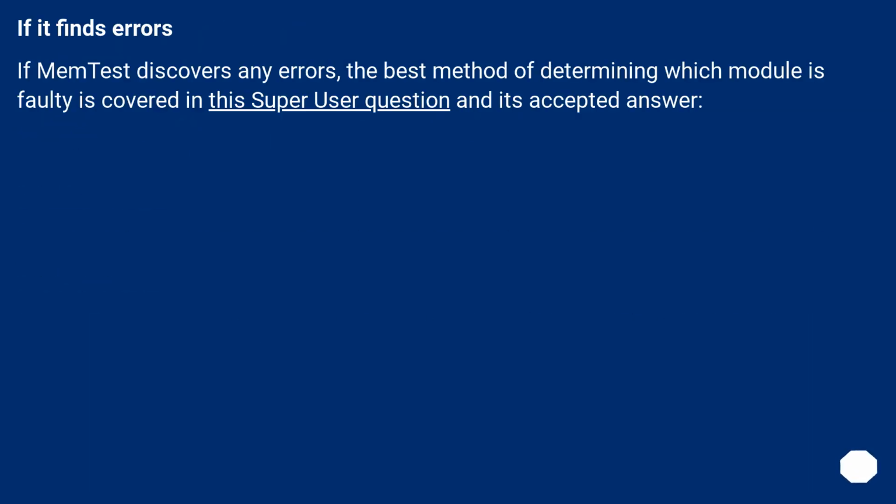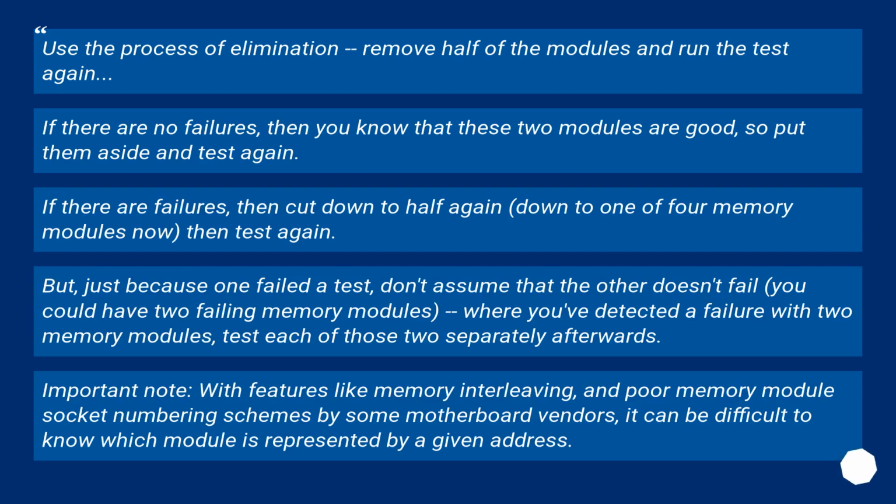If it finds errors. If memtest discovers any errors, the best method of determining which module is faulty is covered in this Super User question and its accepted answer. Use the process of elimination: remove half of the modules and run the test again. If there are no failures, then you know that these two modules are good, so put them aside and test again. If there are failures, then cut down to half again, down to one of 4 memory modules now, then